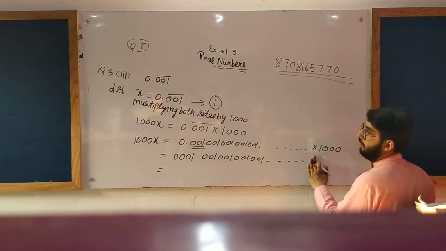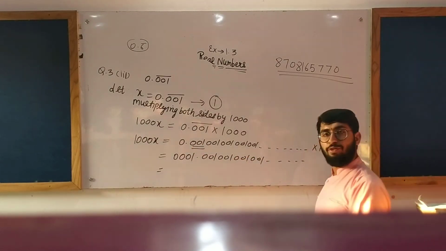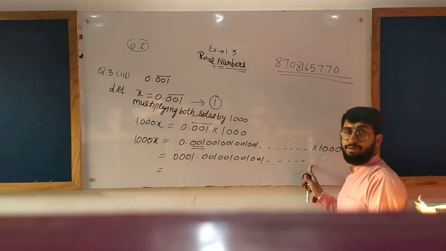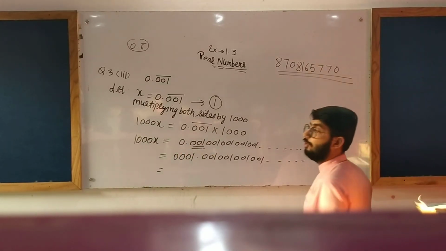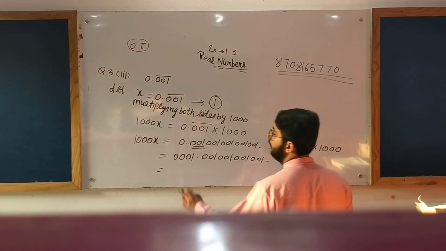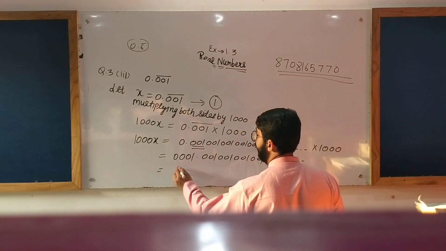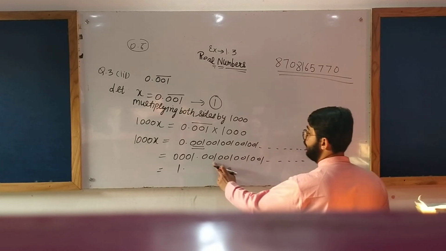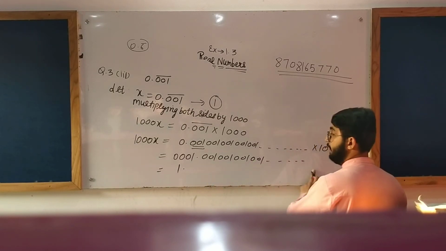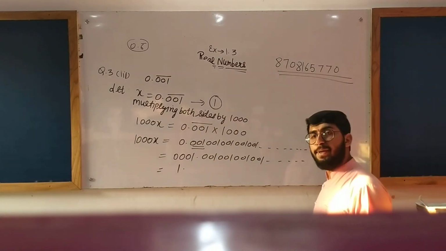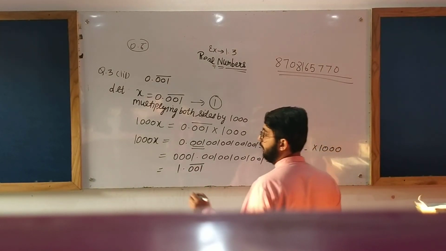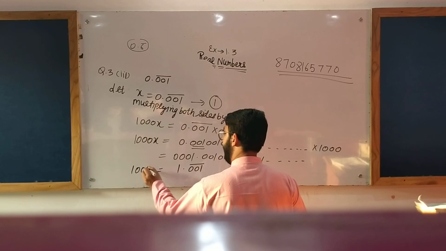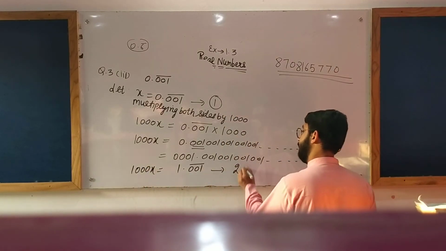We have multiplied now, that's why the 3 digits shifted. So we need not multiply by 100 again. We already multiplied when we shifted 3 digits from right to left of the decimal. So 0001 can be written as 1 point 001 bar. It is not terminating but a repeating decimal expansion, so we can add a bar to it. 1000x, this is equation number 2.